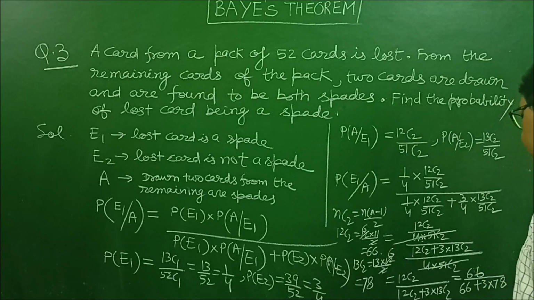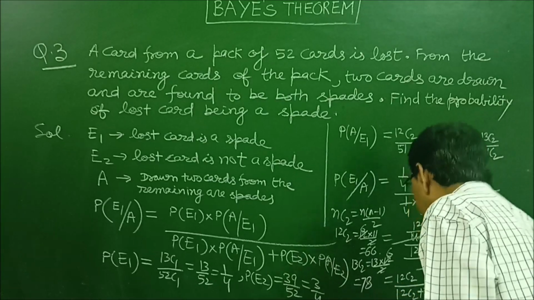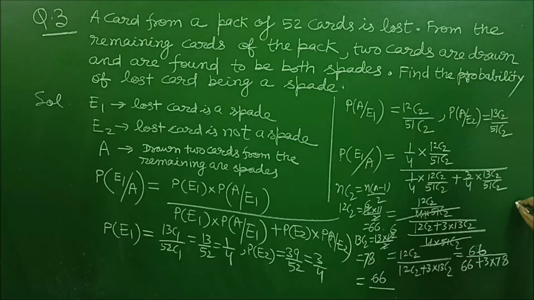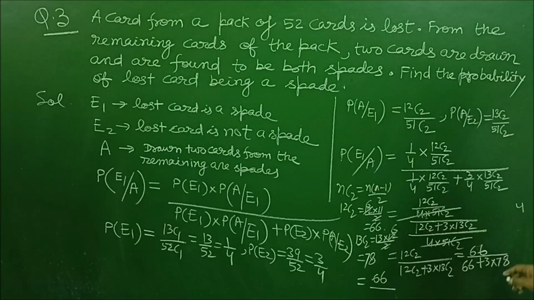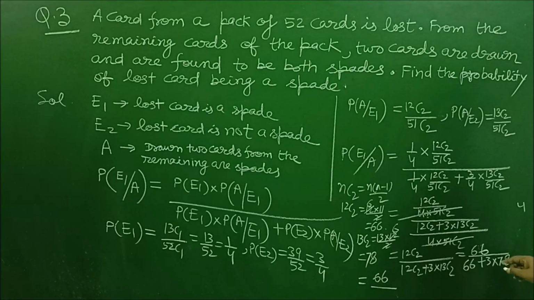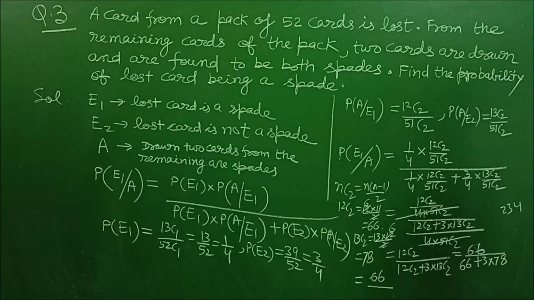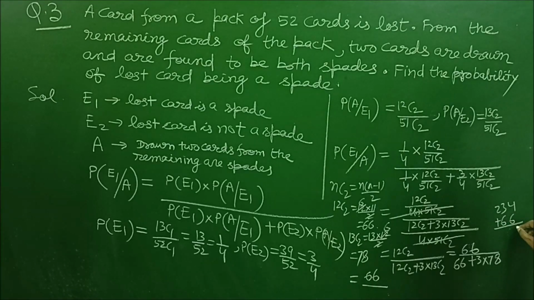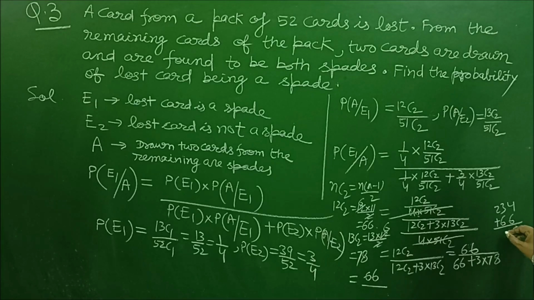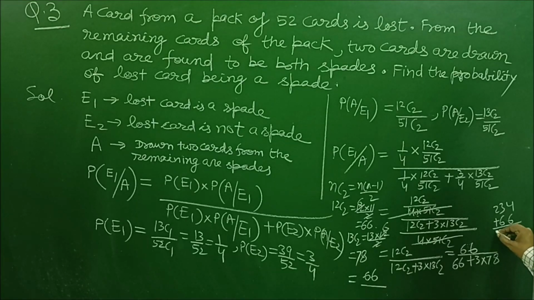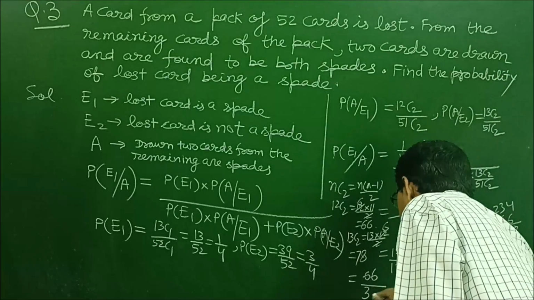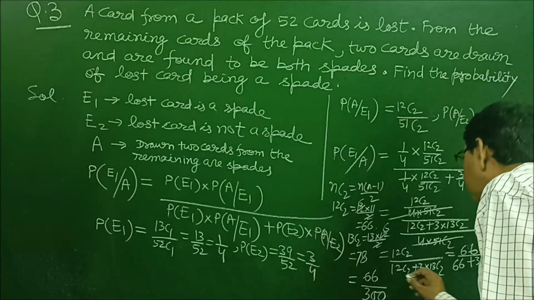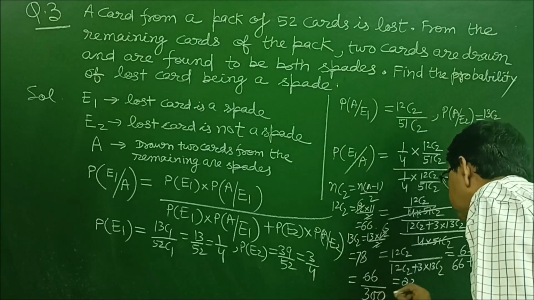If we calculate it, this is equal to 66 upon 3 into 78, 3 8 is 24, 3 7 is 21 and 2, 23, 234. 234 plus 66 is 300. So 66 upon 300, which on further simplification gives 22 upon 100,